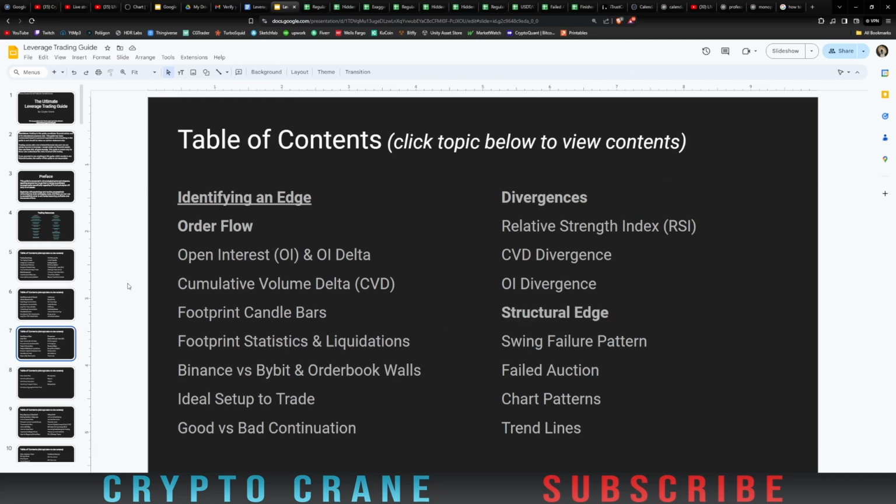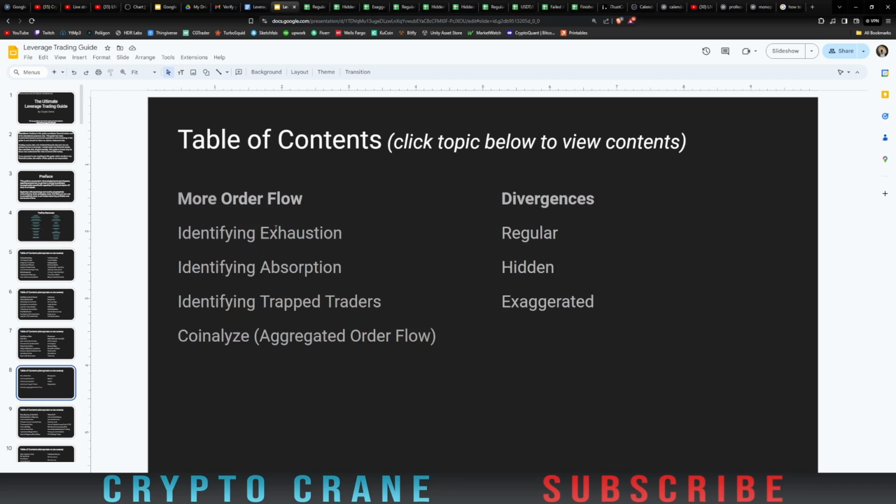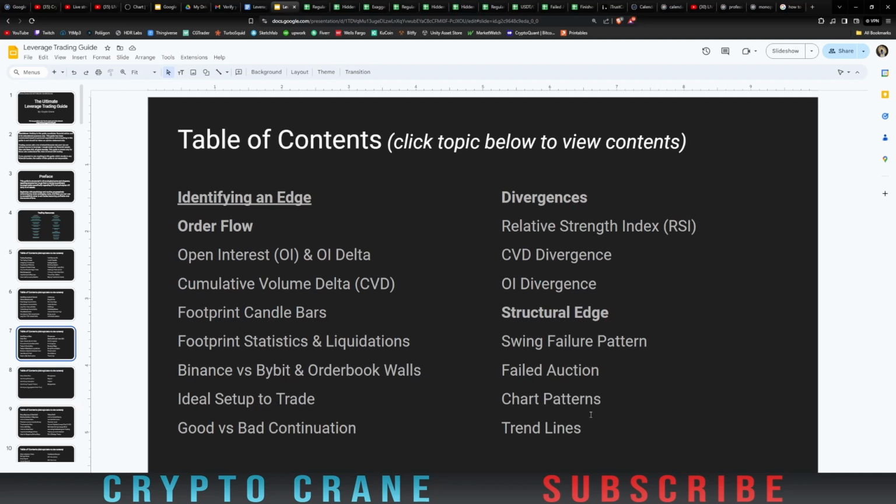Once again, this is an early access build. This is not fully complete yet. As you can see by this next page, this is a continuation of identifying your edge. This is not completed, and actually most of these slides within here are pretty blank. They're just kind of titles for pages that I will soon be completing, but they don't have the content quite